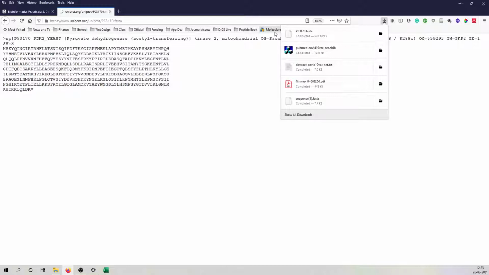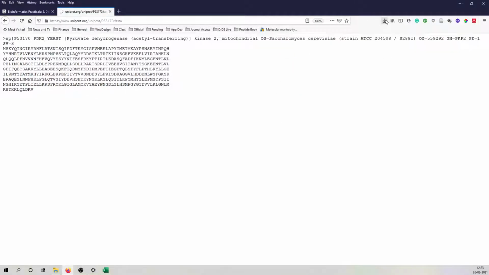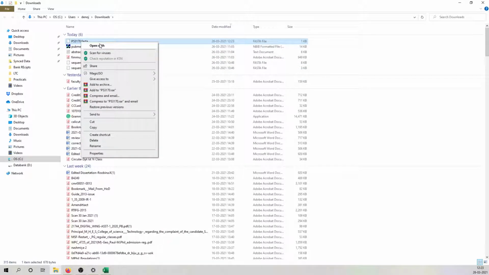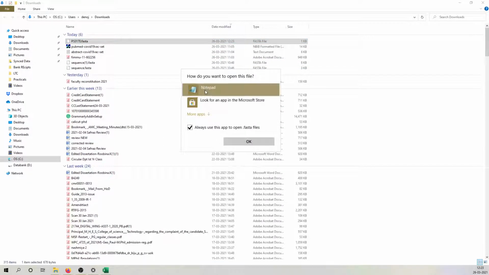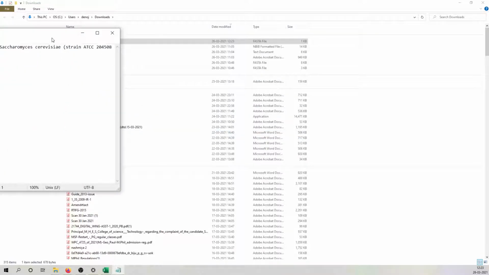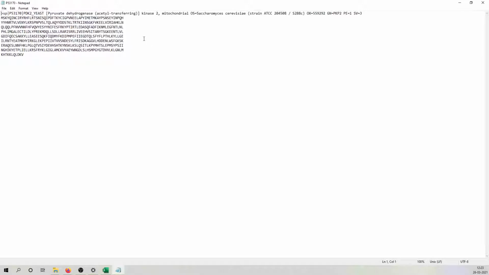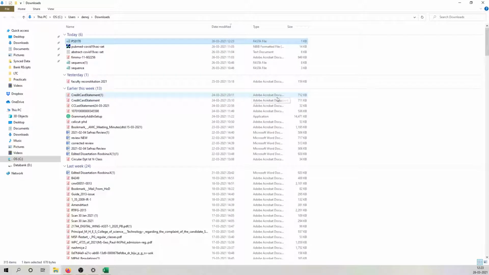So now it is downloaded as a FASTA file that you can open in any notepad. You can again go to the location and open with Notepad. So the Notepad will open the complete sequence. So this is the FASTA file of the concerned protein downloaded from the Swiss-Prot database or UniProt database.